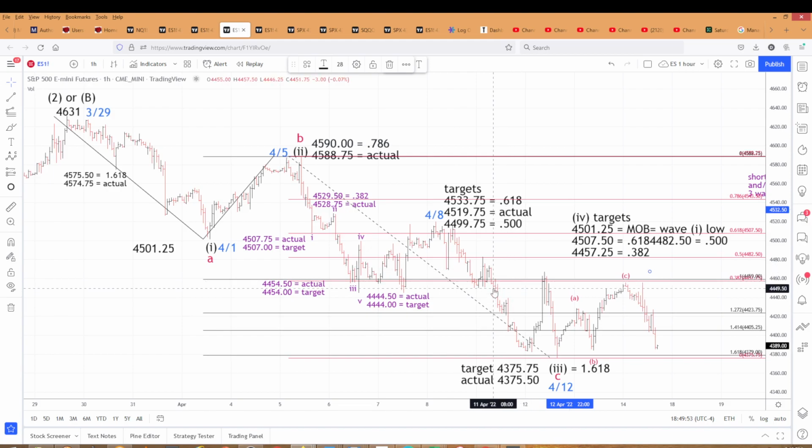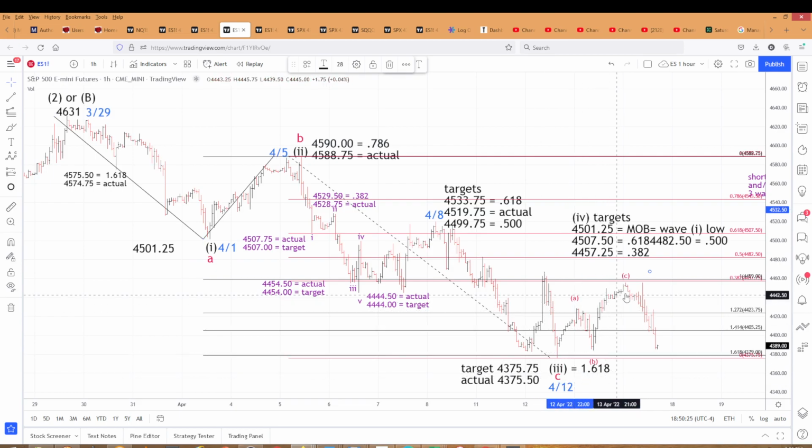Okay, we're not a trading service. I don't provide specific trades, but it's just math, and I'm reporting the numbers to the subscribers, and they're using those targets and those make or break points for entries and exit positions. And these are huge moves, and most traders or investors are getting whipsawed, but our customers are getting these in advance. Okay, but here is another account of ABC here, but this is again a 1.618 multiple,